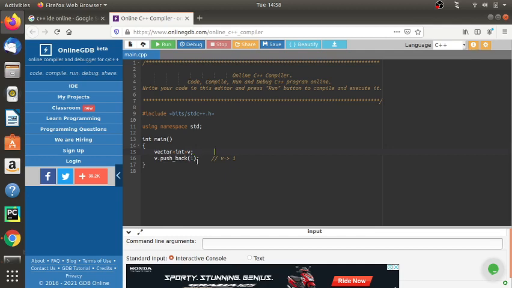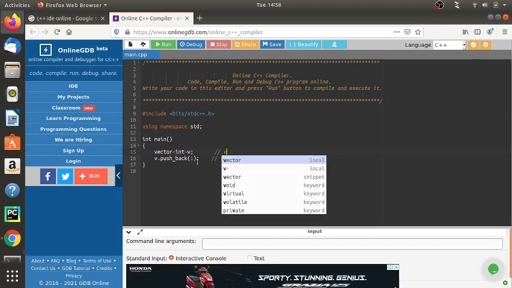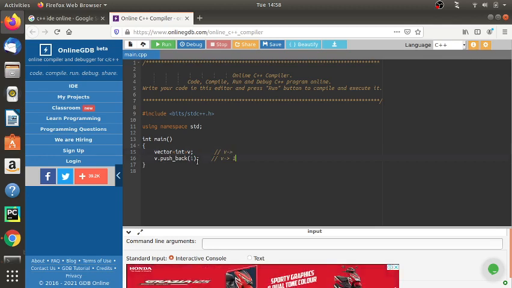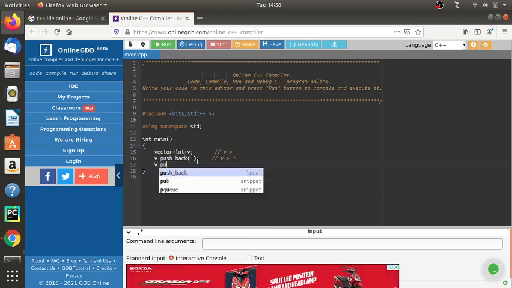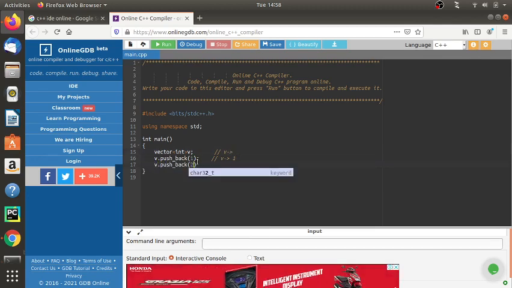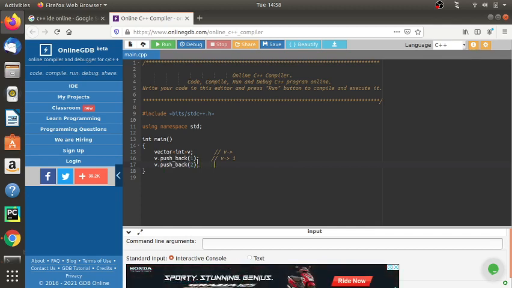In this case, v is empty. So push_back is the function which pushes an element at the end. For example, after this push_back, the vector will be 1 2 and so on.